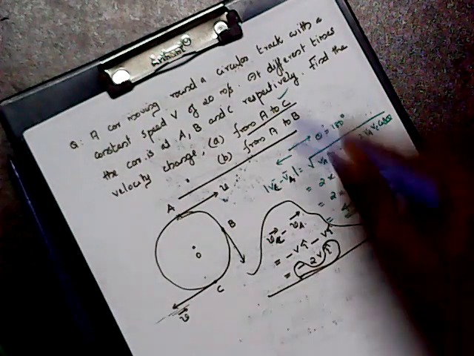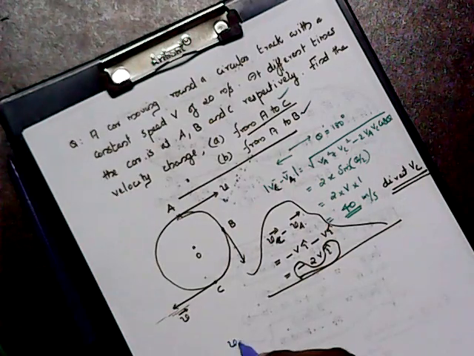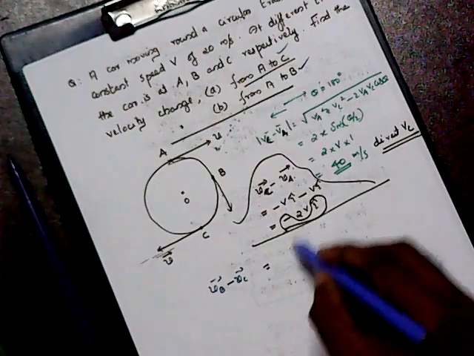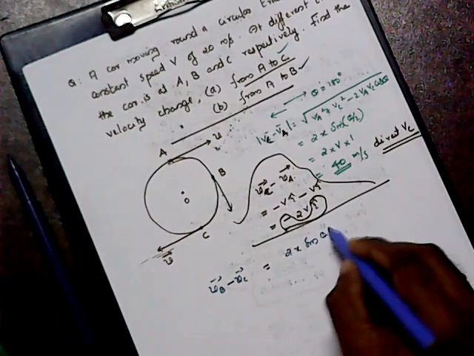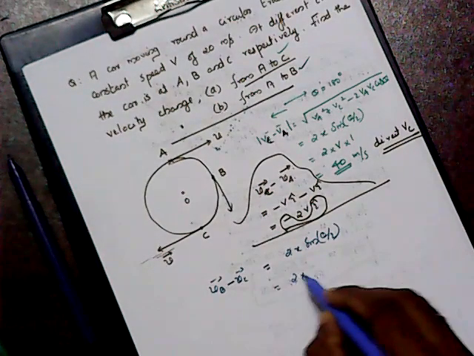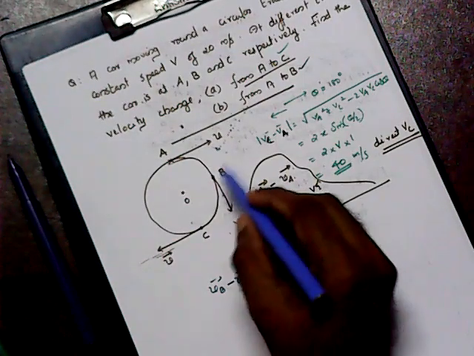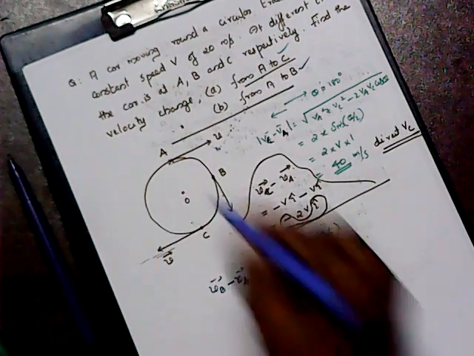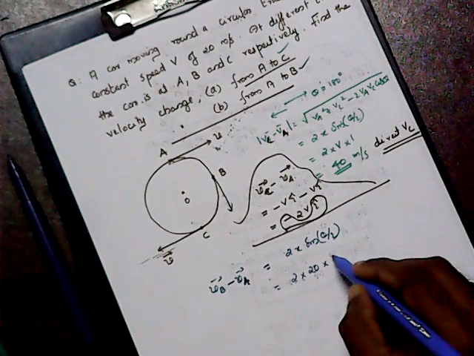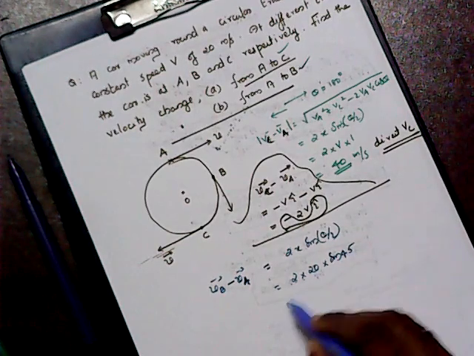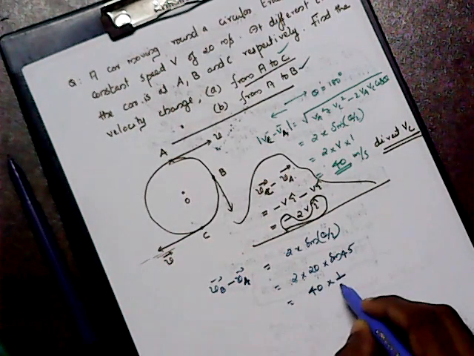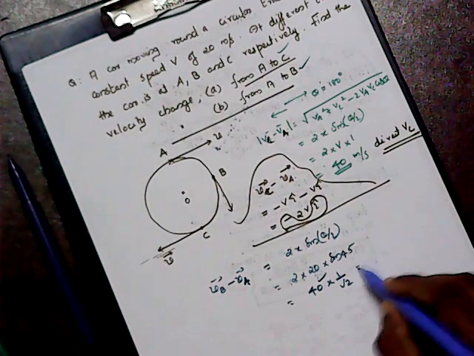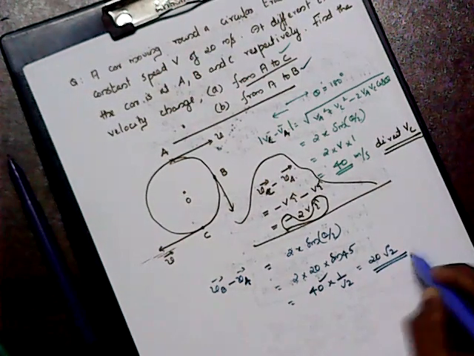And see another concept. See from A to B. So our aim is to find what is VB minus VA. Formula simple: 2V sine theta by 2. What is the angle between them? 2 into 20 into sine of the angle between A and B. The angle between them becomes 90, so sine 90 by 2, sine 45. So 40 into sine 45 is what? 1 by root 2. So 40 can be written as 2 into 20, so we get the value as 20 root 2. Very important.